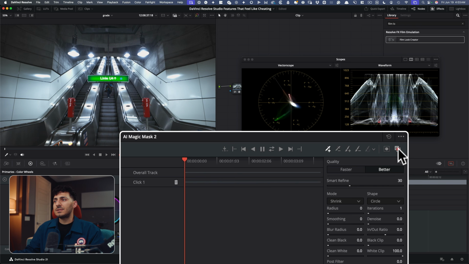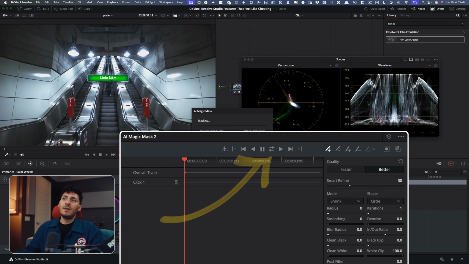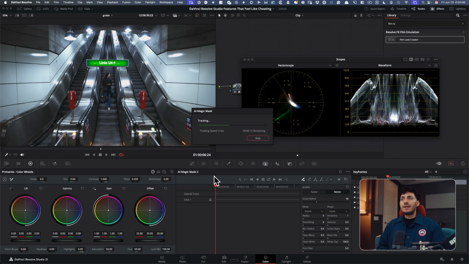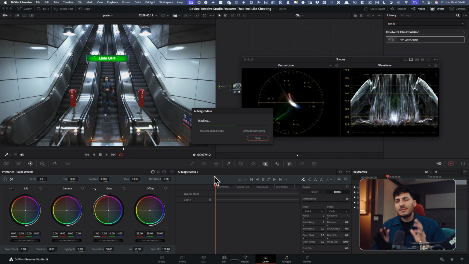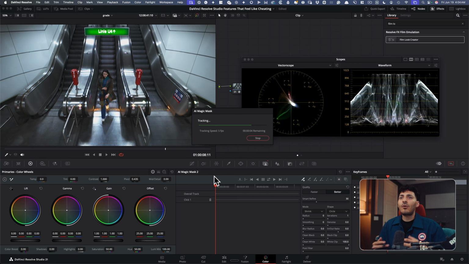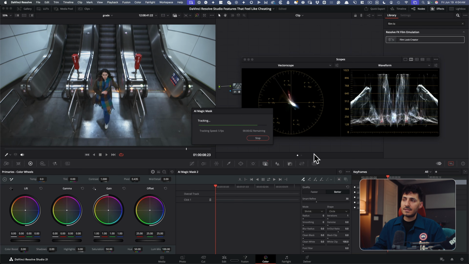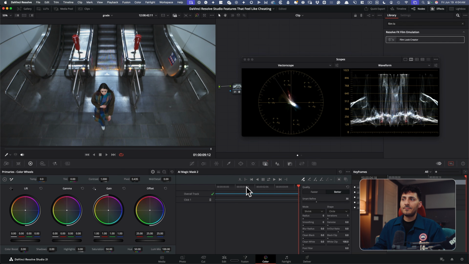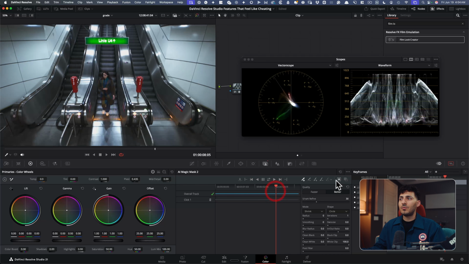All I'm going to do is come out of it and track it. And now watch. It takes a little bit of time, so you've got to work with it. But once this is done, this is a brand new feature, and how robust it is is mind-blowing. So this is done, right? All powered by AI. That's the beauty of it. Now that we're done,